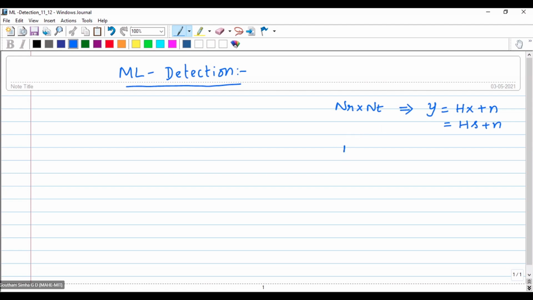Now, if you talk in terms of NT cross NR, then you have to write it as y is equal to sh plus n, or xh plus n. Both are one and the same. You have to keep this in mind. NR cross NT means y is equal to hx plus n. For NT cross NR, it is up to you how you want to write it: sh plus n. This is one thing you need to understand. Okay, fine. Next point is,